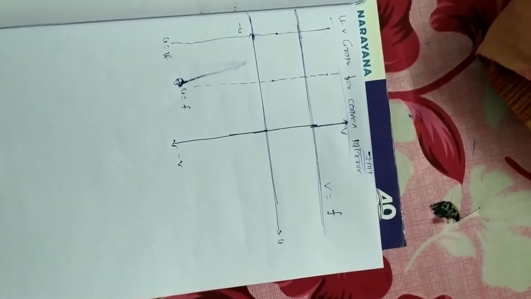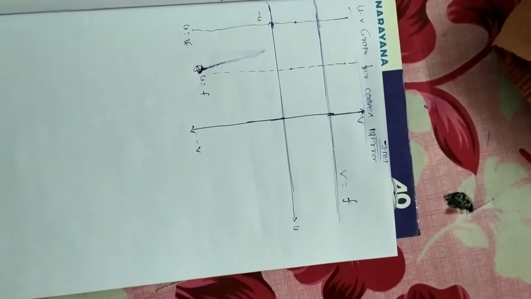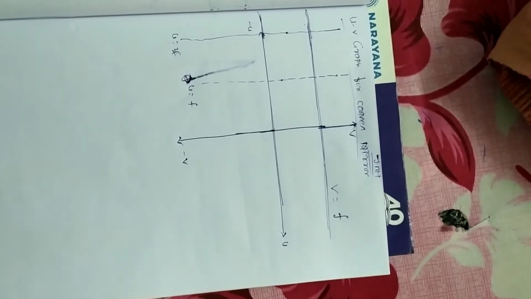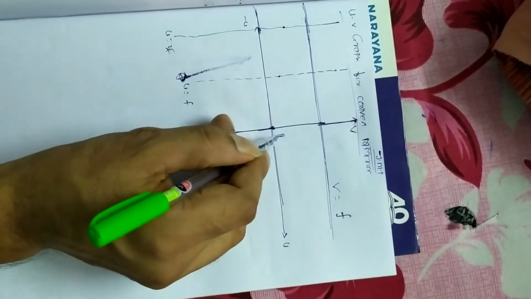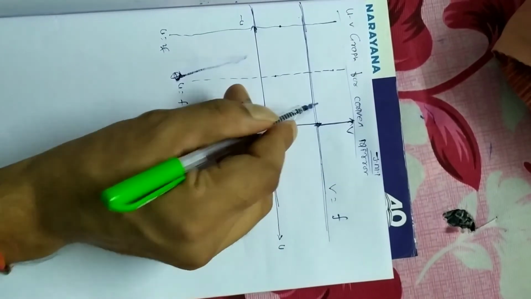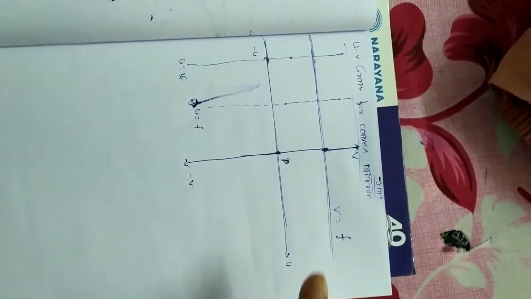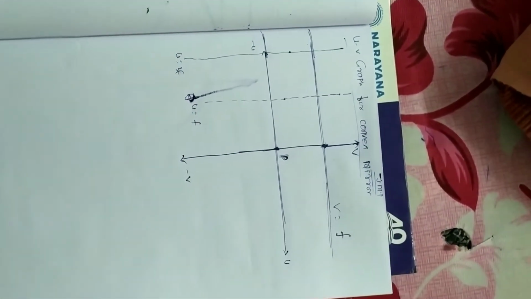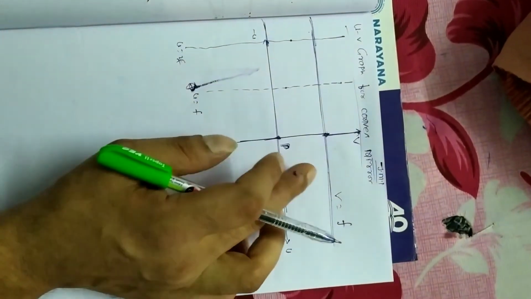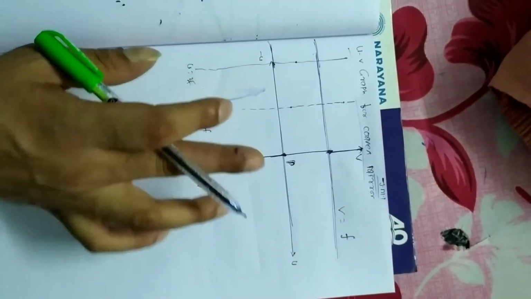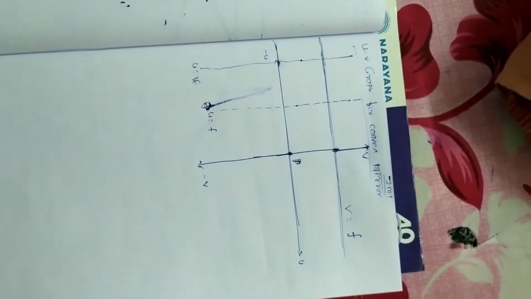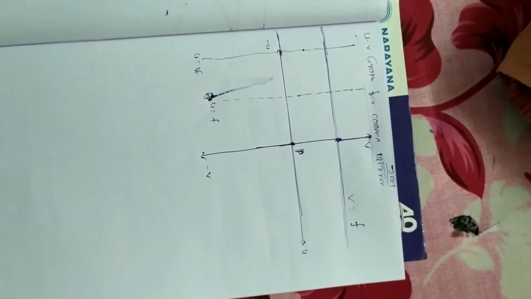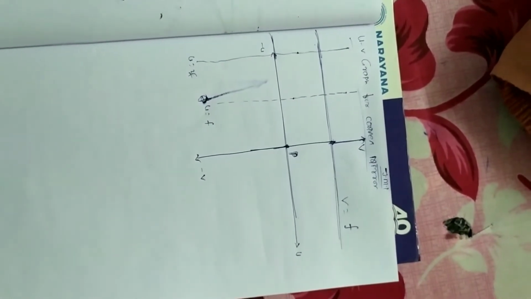You can think why I plot only f here. Because we know that in the case of convex mirror, the image always lies between pole and focus, right? So there is no need to draw other lines. I plotted only O to P, whatever your object distance, it doesn't matter, the image will always be from O to f.